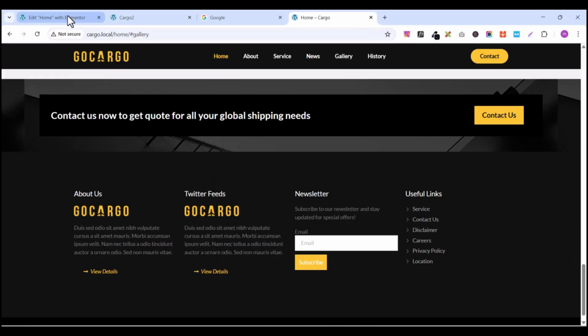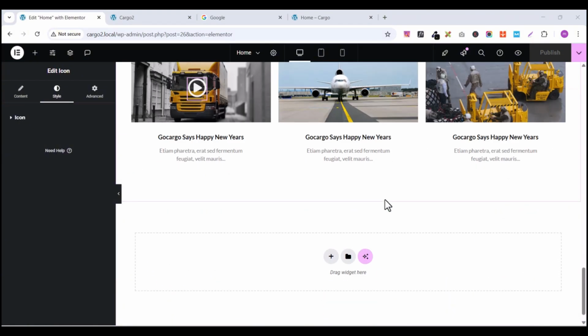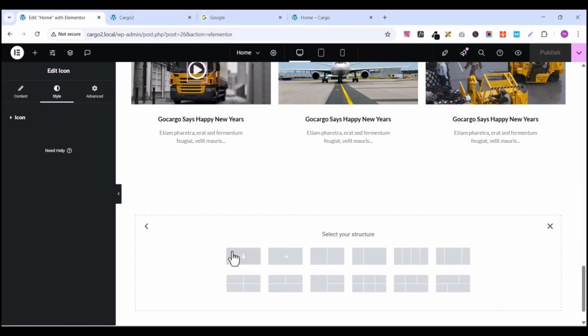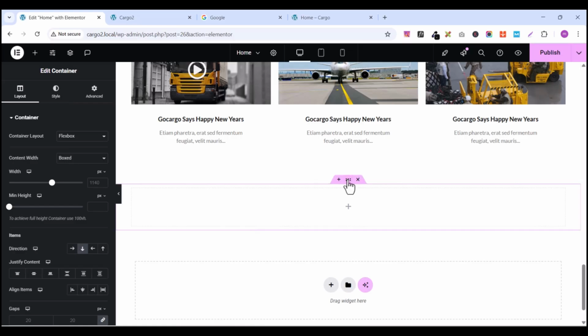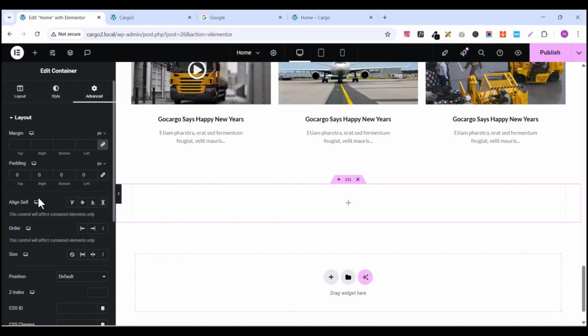Okay, so let me come back to my working environment. So we are going to create our next section. So let's come down here, click on this plus button and click on this flex box. Okay, and here you click on this first section. So let's click on it, select this, go to advanced, remove this padding, and let's give it a padding